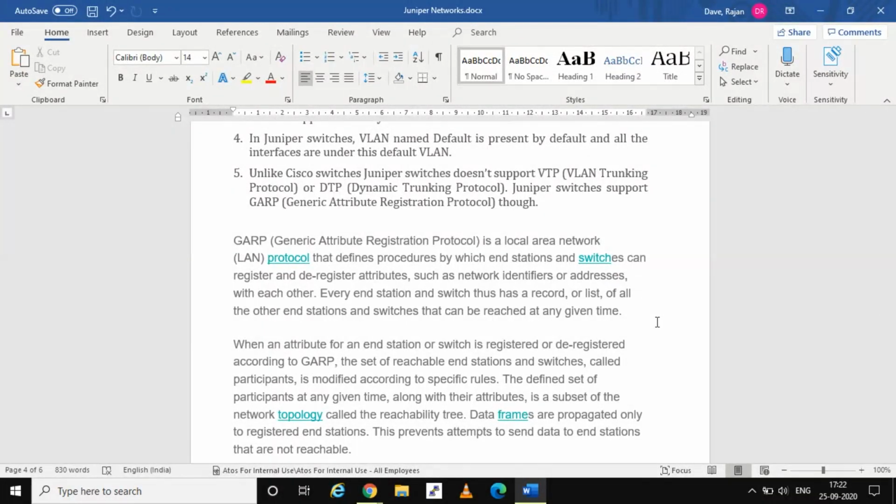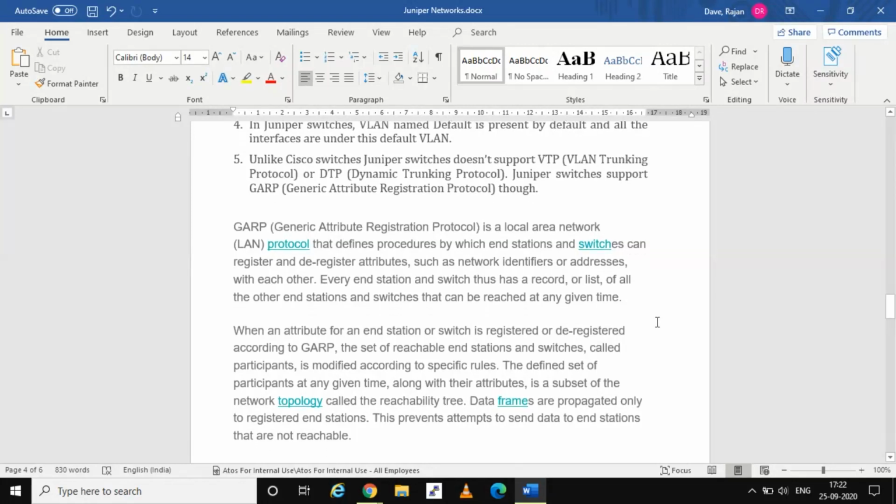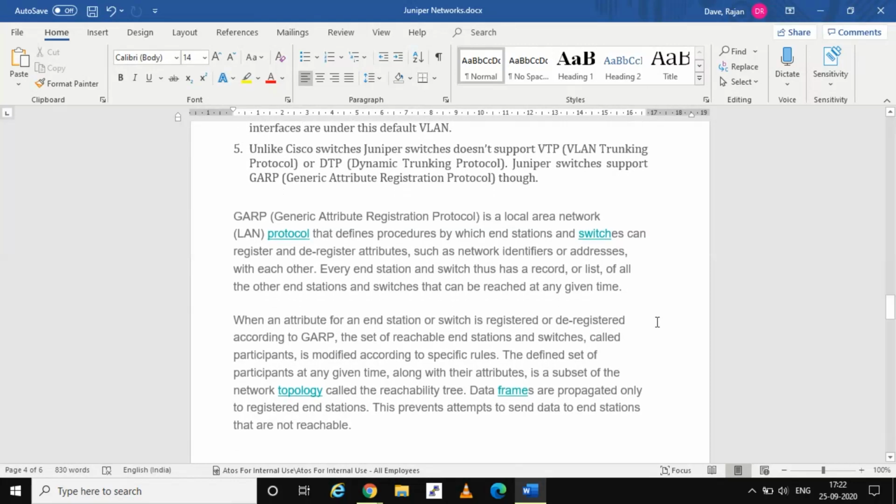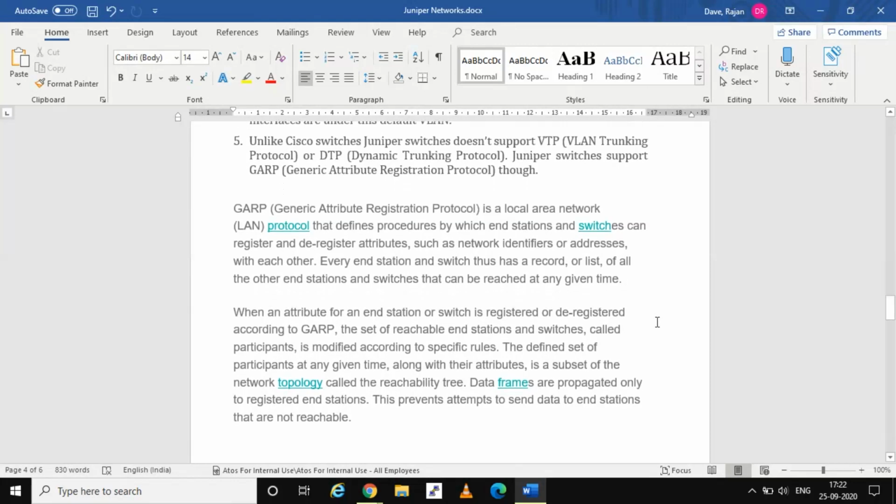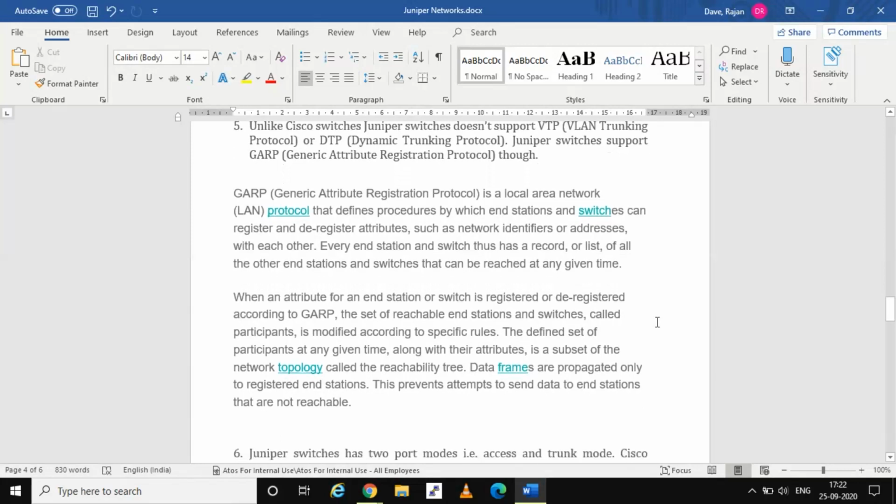How that protocol works is, in one local area network there is a concept called end stations, and end stations, which we can call switches, can register and deregister attributes defined by the MAC addresses over those particular switches.